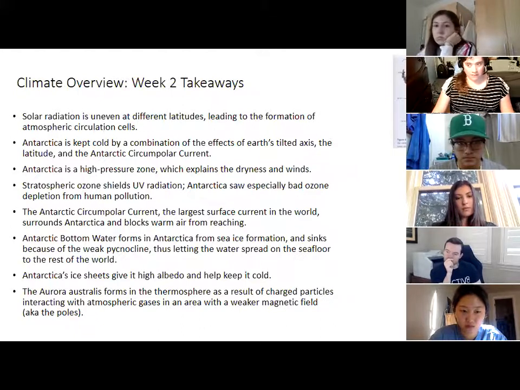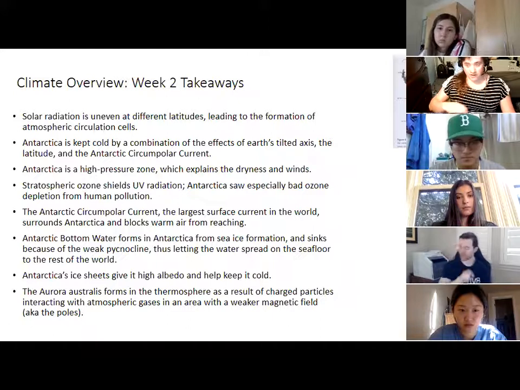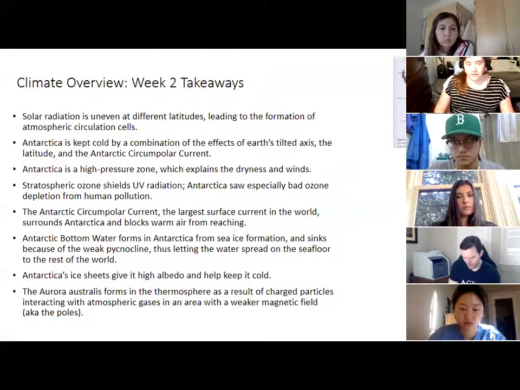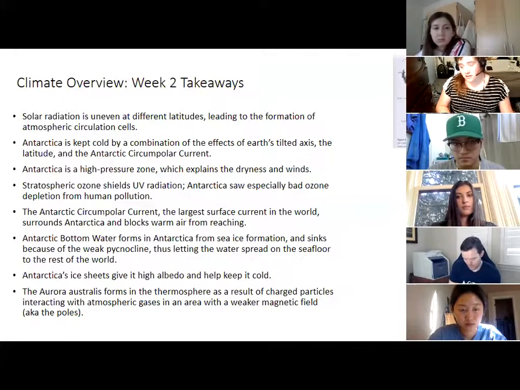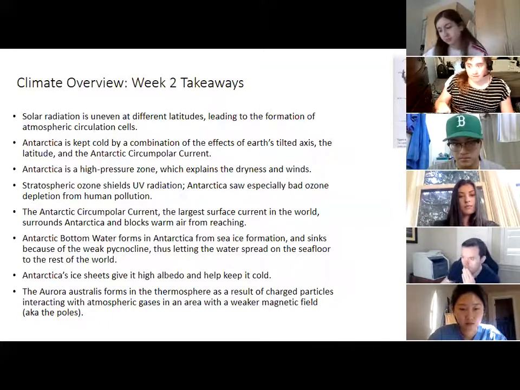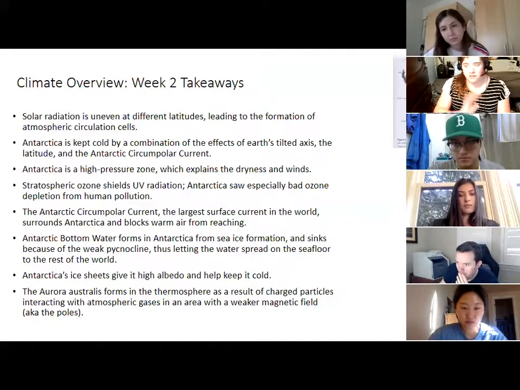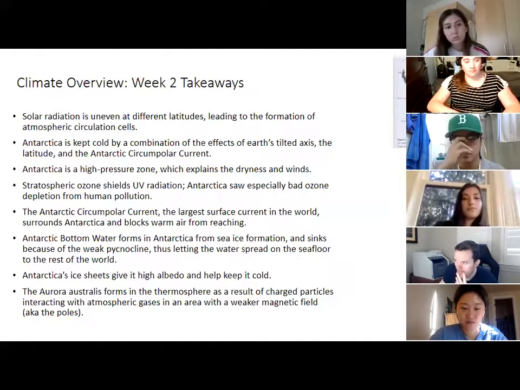And a very brief overview of the layers of the atmosphere. You've got the troposphere, where you have most of the weather, and then above that is the stratosphere, where you have the ozone layer. And ozone mostly serves the purpose of shielding ultraviolet radiation, because it basically takes the hit for us. The ultraviolet radiation hits the ozone, and that breaks up and reforms and hits other oxygen molecules and continues on instead of reaching the surface and destroying our skin cells.